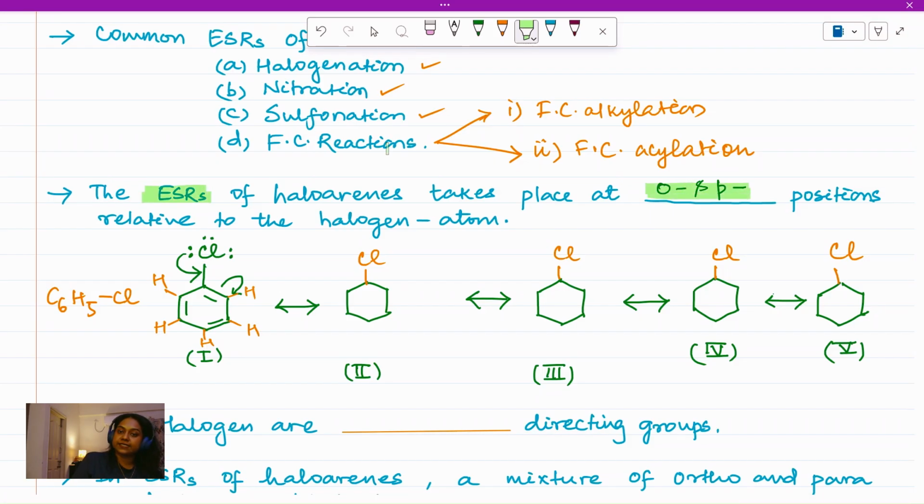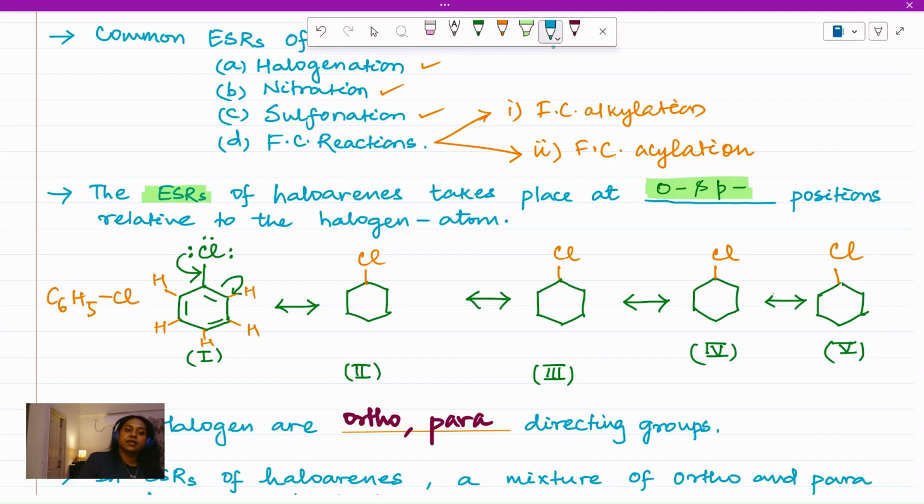Okay, so electrophilic substitution happens at what positions in haloarenes? It again takes place at ortho and para positions, because haloarenes are ortho-para directing groups. These are ortho and para directing groups. Why are they ortho and para? If you look at resonating structures, which we did in class,